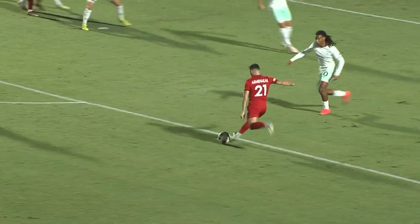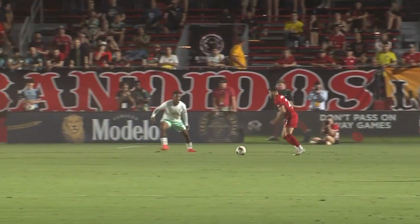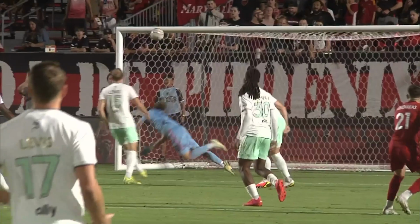Dropping sequence. Armanakis with the strike, little deflection there. In fact, it's a double deflection. It comes off the foot firstly, then the head, and then the goalkeeper gets a great touch onto the crossbar. Wow, I mean, that is...